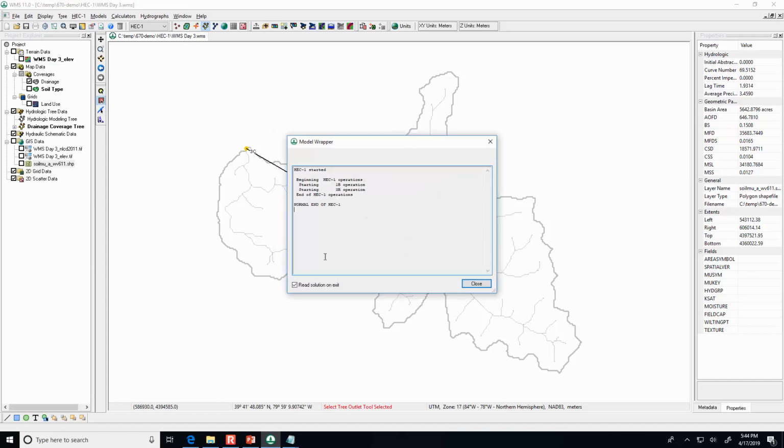What it does is it runs the HEC-1 model. Did you both get it to say normal end? Yes. Zach? I deleted my one watershed and it took me back, so I was watching. Oh,